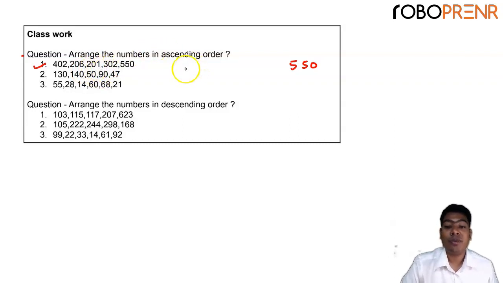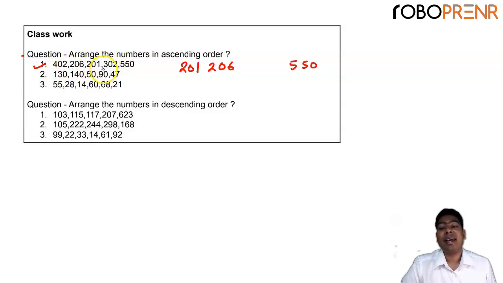So the smallest number will be 201, so we'll place it here. Now we will place all the numbers in between the smallest and the largest number. So after 201, 206 will come. And after 206, which number will come? Yes, when we compare 302 and 402, we find the leftmost digit in the number 402 is greater than the